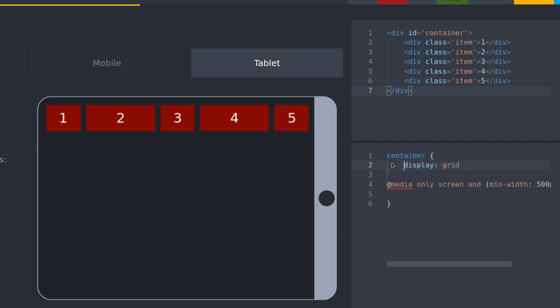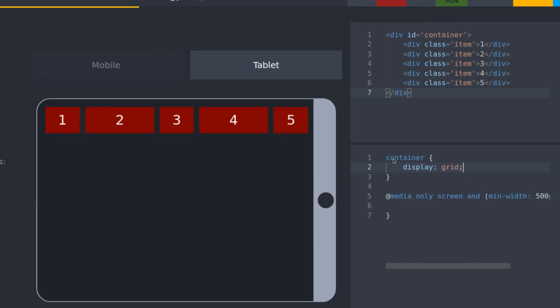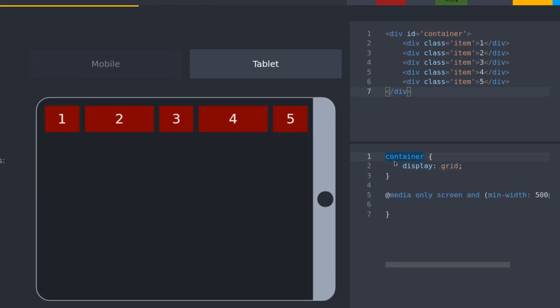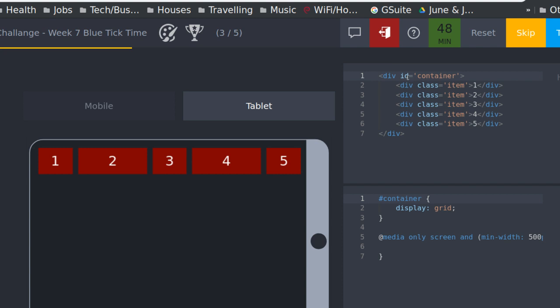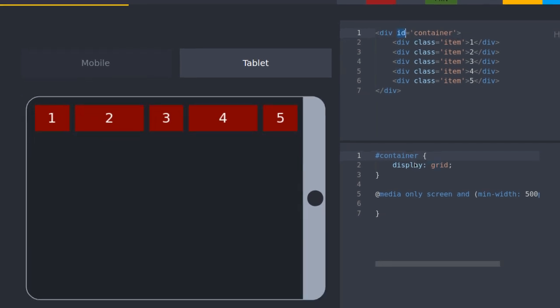So we've got a container. Inside of that, we've got display grid. Maybe some other things. Dot container? No. Oh, not dot in this case. Hash. Oh, really? Because I've used, it works anyway, right? Because I've used an ID. Well, it depends what you use. If you use the class, it will be dot. If you use a container,